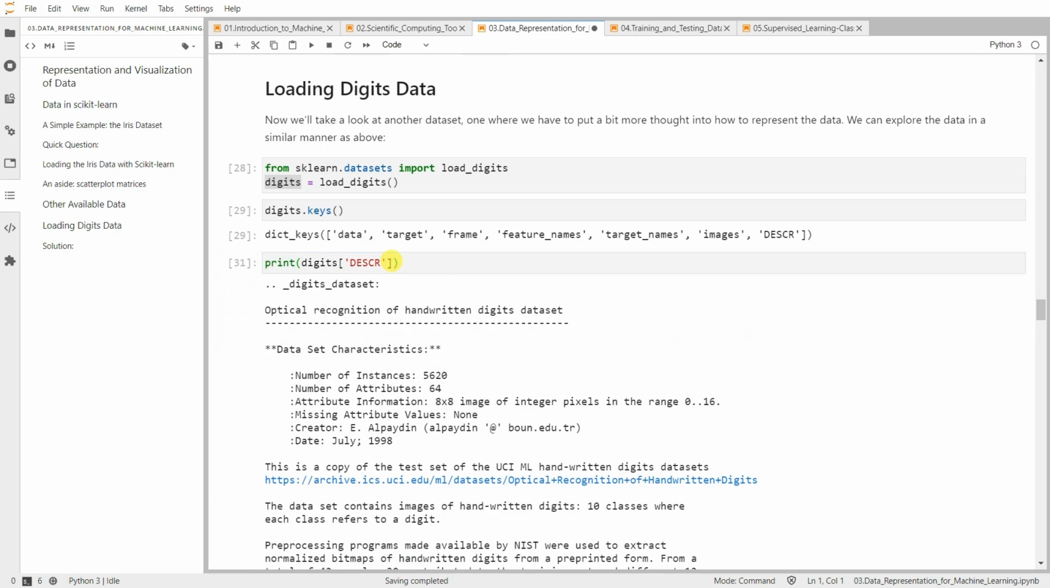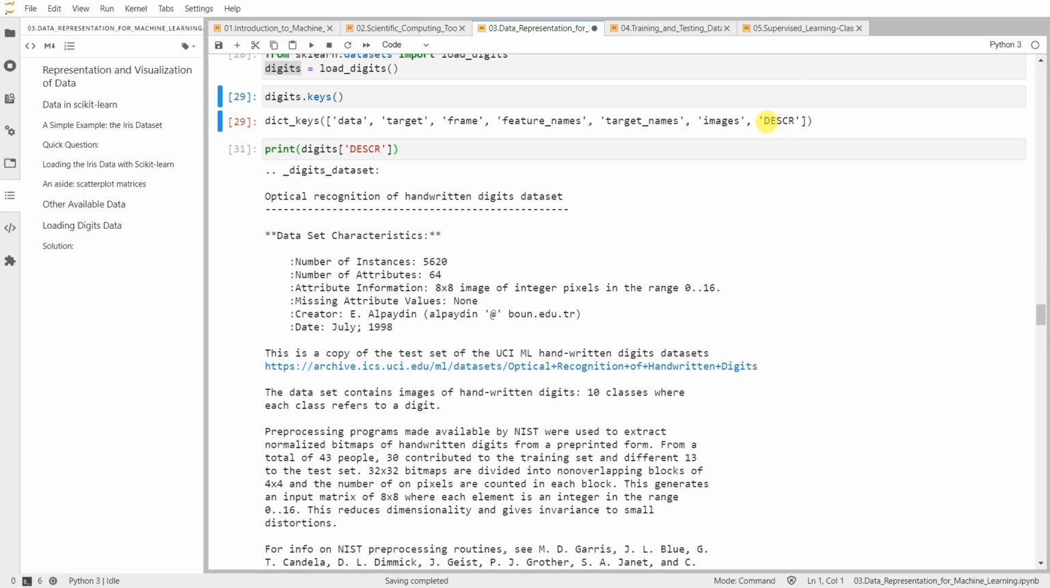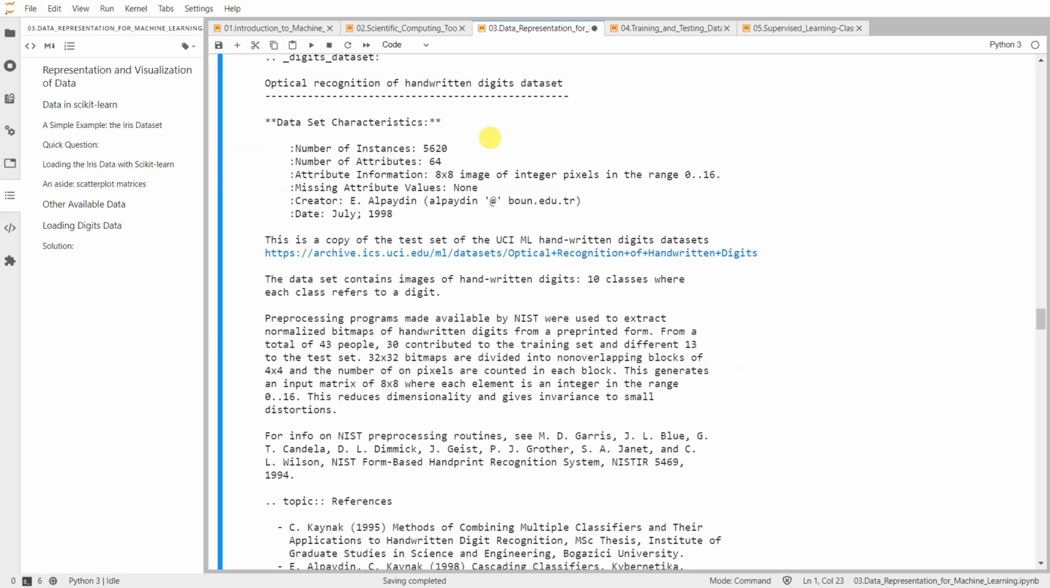Okay, if you look at this field, you find more details. So, optical recognition of handwritten digits. You have seen this in one of our classes. There are 64 features in each example. The number of observations, the number of samples, is